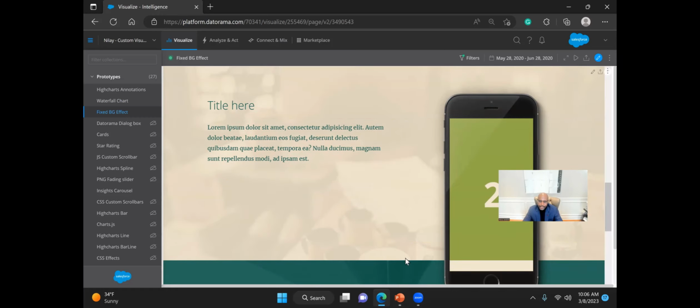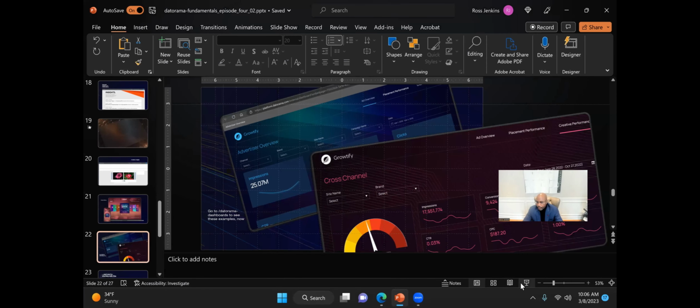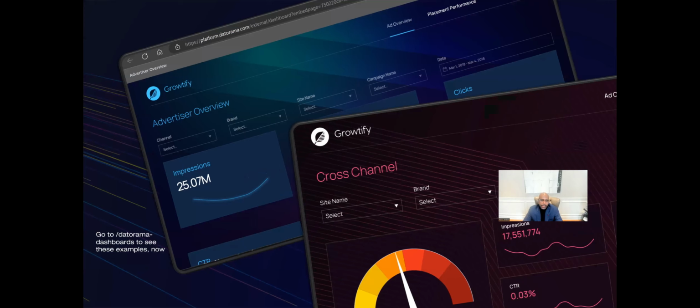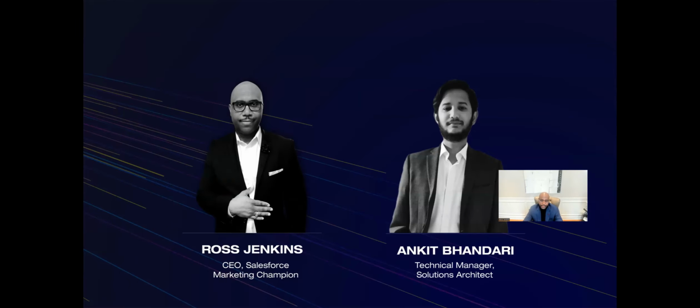Wonderful. So moving forward here, we can look specifically at the various dashboard templates and the things that we can do with CSS and HTML. And these can be great things. But how do you go and develop something like this when your starting point looks a little bit more like this? Well, fortunately for us, I've also brought Ankit Bhandari, who is our lead technical manager, and we're going to